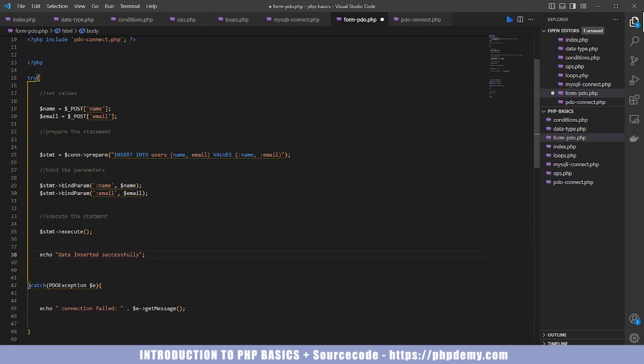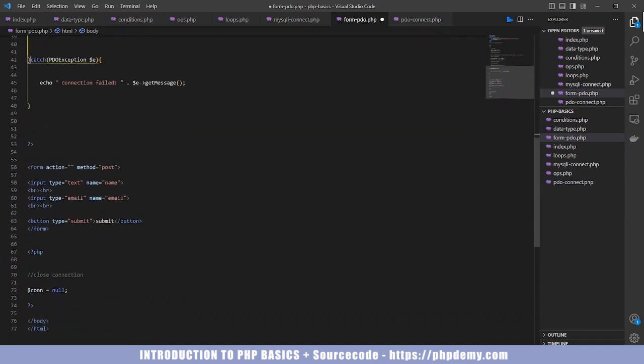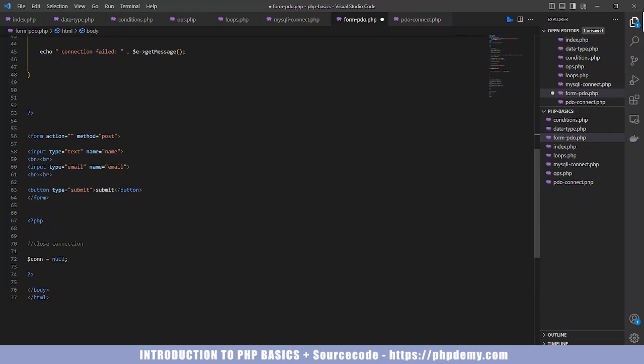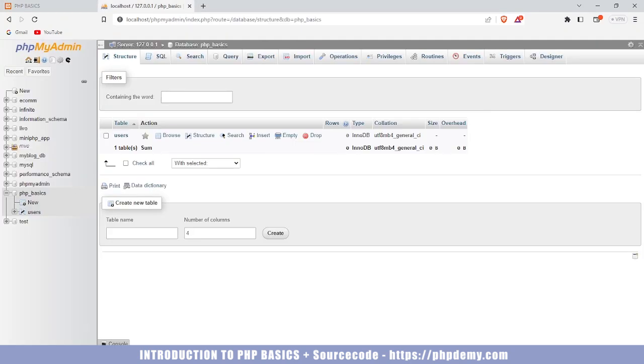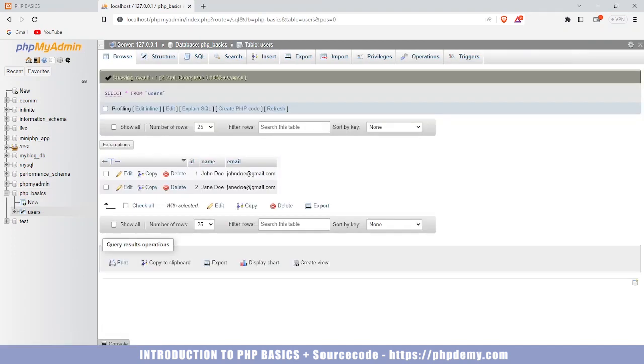So that is the reason why it is advisable to always close your connection after each time you open it. Now let's see how we can retrieve what we have inserted into the database. I have emptied my database, my table, and inserted new data because I wanted it to be serial. So we have one to be John Doe and the second as Jane Doe. So we have only two